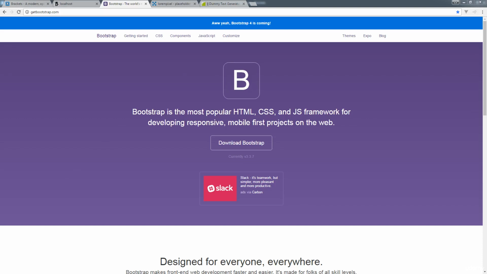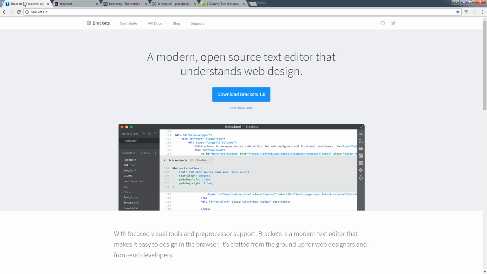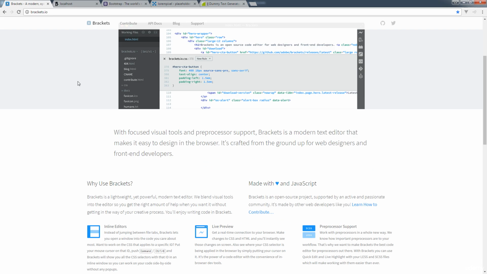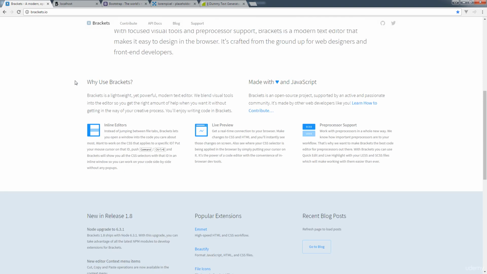To build our Bootstrap website from scratch, we're going to need a few resources to get going. And the ones that I'm going to be using within this course, and of course they are optional. So first of all, you do need an editor, a text editor, for designing and adding your HTML code. The one that I'm going to be using in the course is Brackets.io. If you already have a favorite one, then just stick to that one. Or if you want to check out something new, Brackets.io is free. It's an Adobe product, and I am going to be using it within this course to develop our Bootstrap website